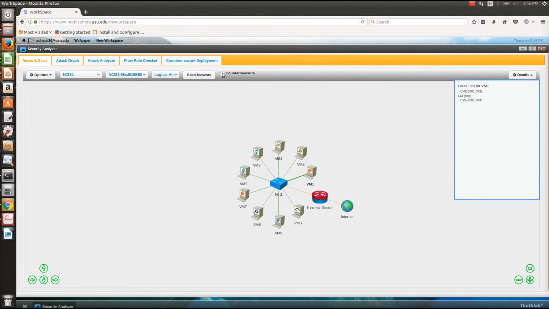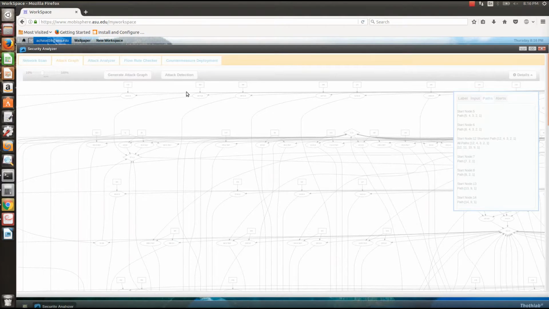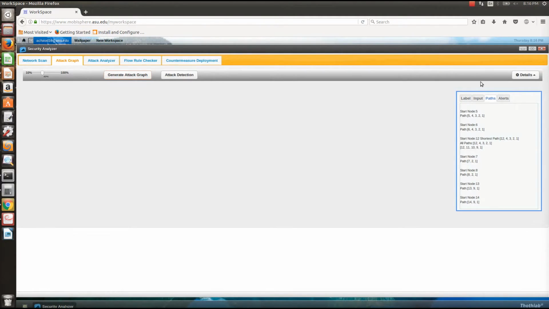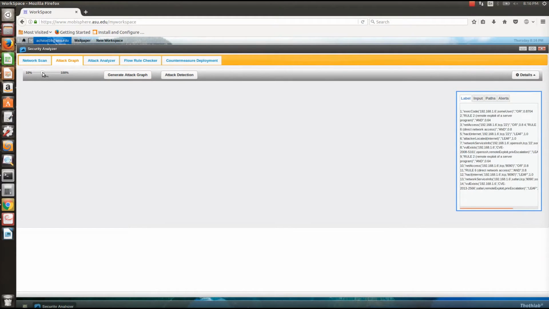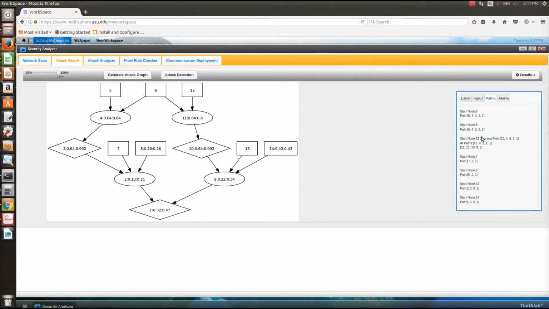If I take some countermeasure action like blocking certain ports and redirecting traffic to a honeypot, and generate my attack graph again, what I'll see is a smaller graph with a reduced number of vulnerabilities. The floating values indicate the conditional and cumulative probability that an attacker has when he starts from a leaf node and tries to exploit the root node. And we have all the paths listed for the attacker to exploit this network.